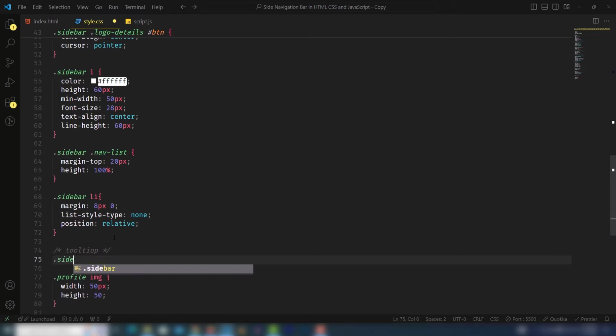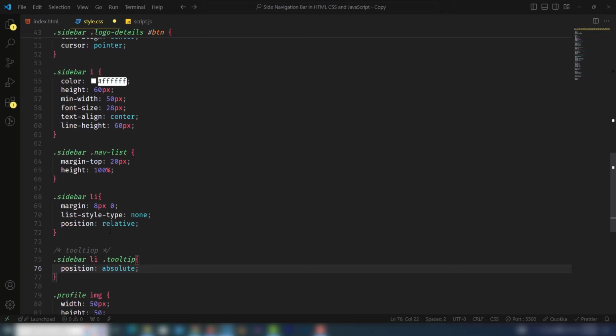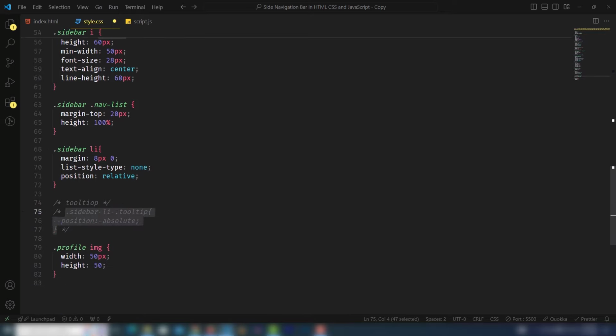So I will use sidebar li tooltip, and inside that I will use position absolute. I will manage it all later. This time I'm going to comment out. Right. So let's move on to the sidebar